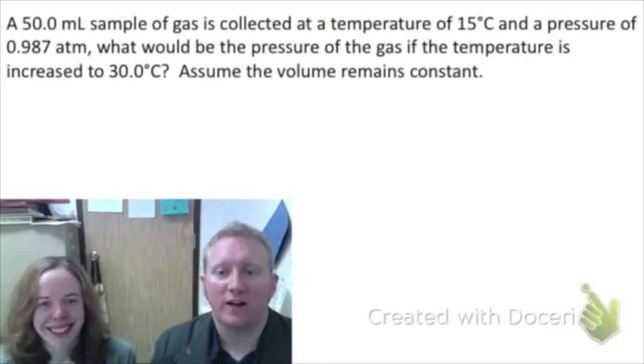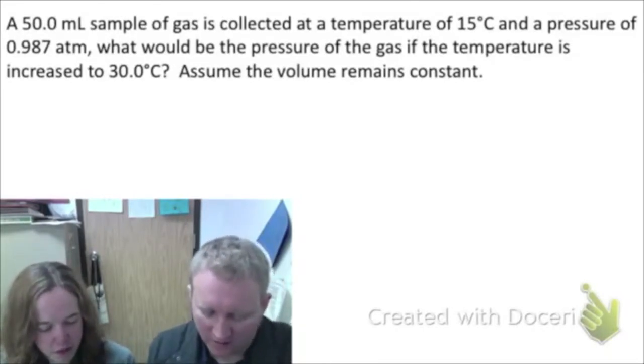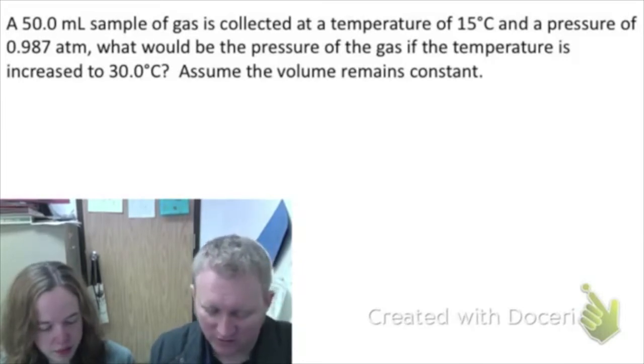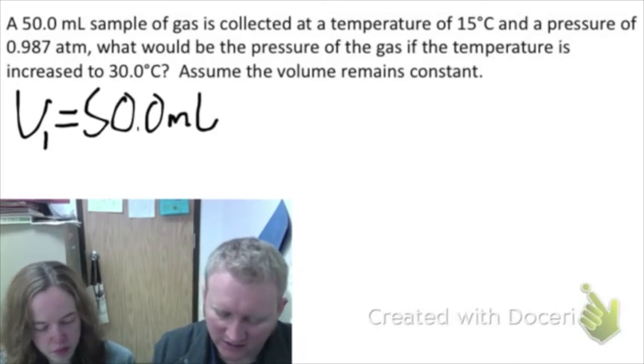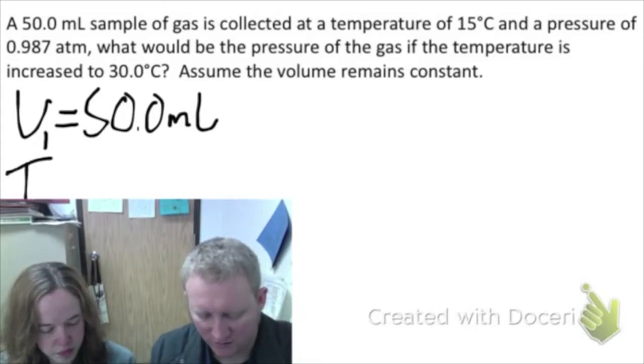All right, you're done. Let's see how we all did. A 50 milliliter sample of gas. We said that milliliters was volume. It is collected at a temperature of 15 degrees Celsius. So we said temperature is 15 degrees Celsius, but